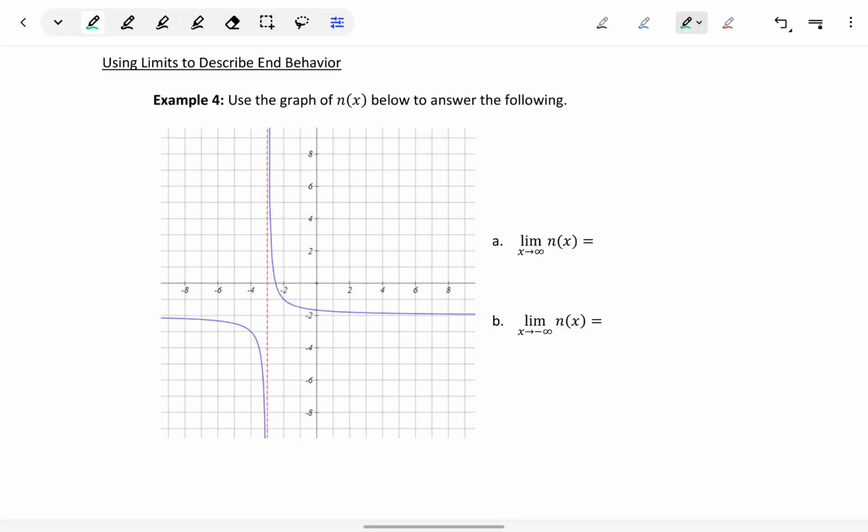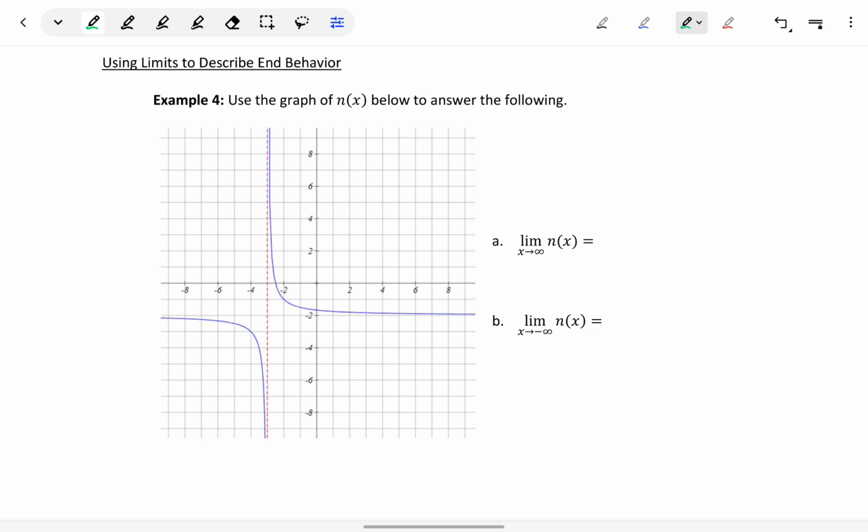We can also use limits to investigate end behavior of a function. Recall that end behavior is what's happening to a function at the extreme values for x. So as x gets incredibly large or incredibly small, our answer is going to be either that our function can be headed off to positive infinity, negative infinity, or approaching a specific number. In the case of example 4, we want to consider the limit as x approaches infinity